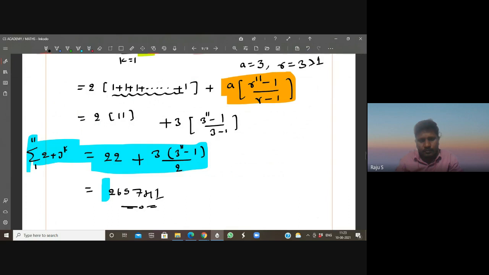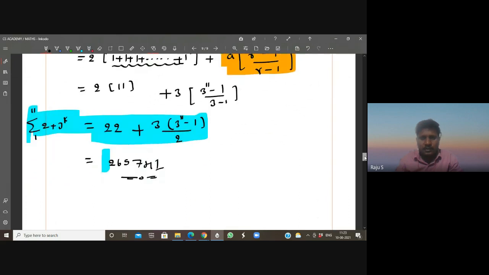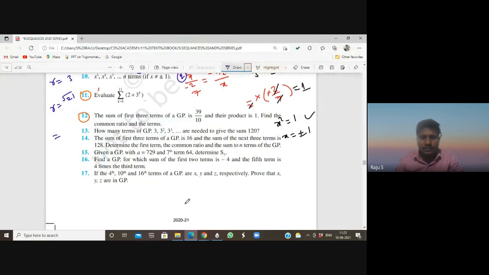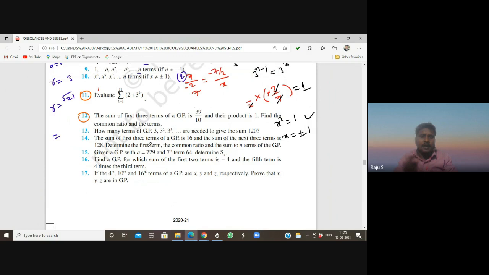Okay, fine. So if you simplify that, you will get this answer: 265741. Next question, students. In every question, you only tell me what we want to do here. In question number 12,